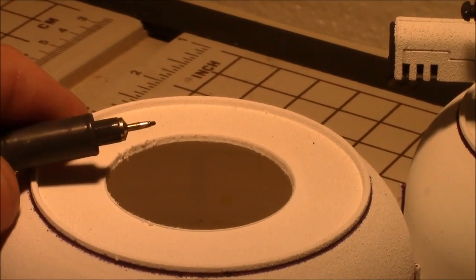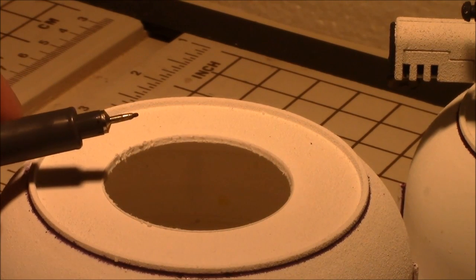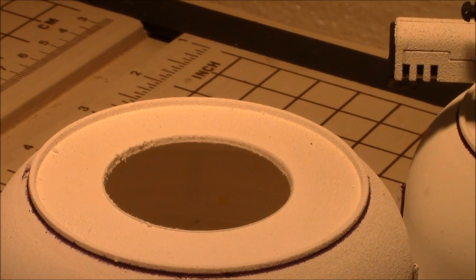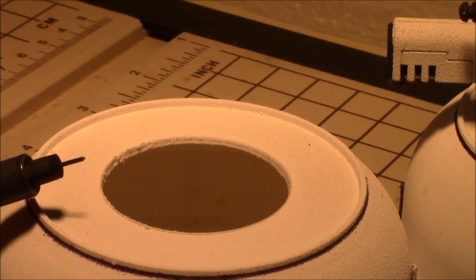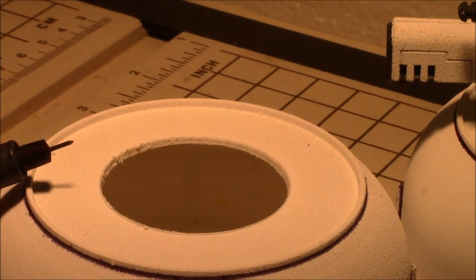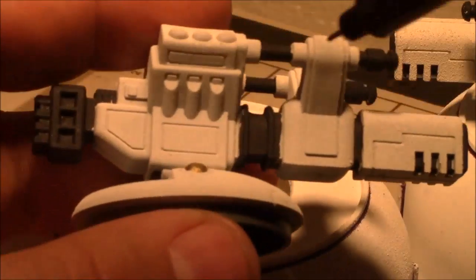See that? That's 0.3 millimeters wide. That little nib there. Now, I thought that would actually fit well in the handle lines of a Devilfish, but not quite. Turns out I needed this even smaller, the 0.05 millimeter. And this actually works really, really well, because all you really need to do is take